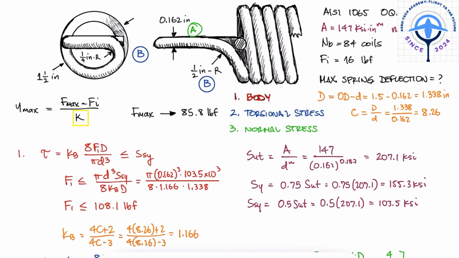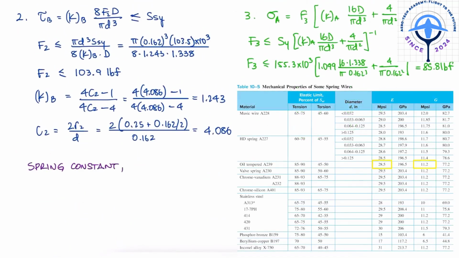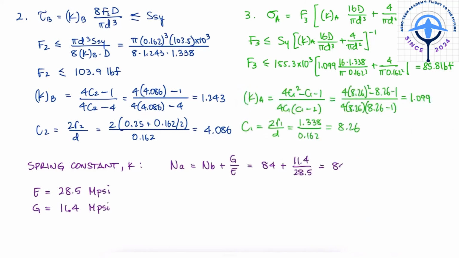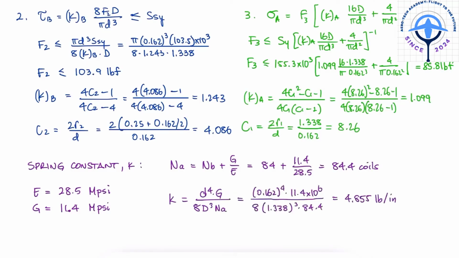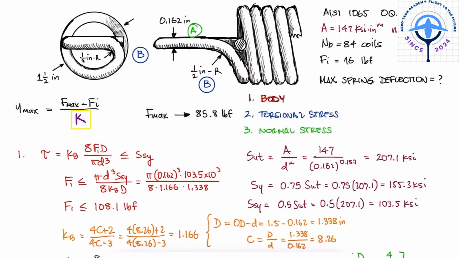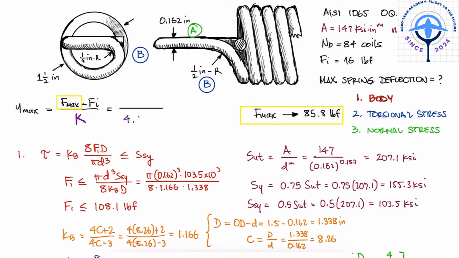The only thing we're missing is the spring constant K, since the preload was given to us. With the elastic modulus and the shear modulus for oil-tempered wire, we can find the number of active coils, which is what we're missing from the spring constant expression. With this spring constant and the maximum allowable force that won't cause failure at any location, we find that the maximum allowable spring deflection is